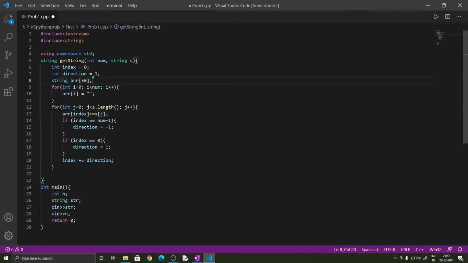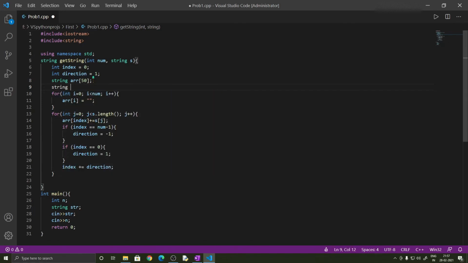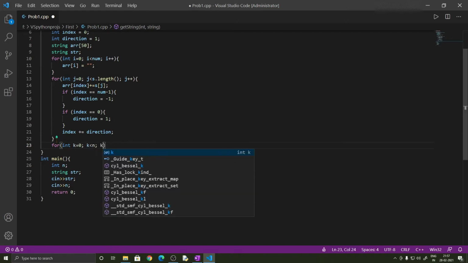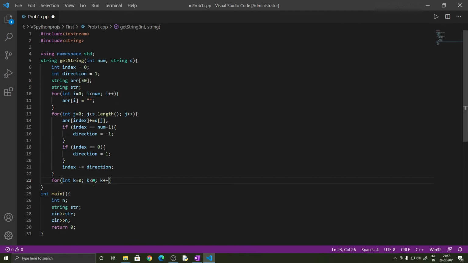And now let's actually create a string variable so that we can return it. So string str, and str is, as I said, the concatenation of all the strings in the array. So we will have to use a for loop for that too. So for int k equals 0, k is less than n, k plus plus, so it's not n but num,